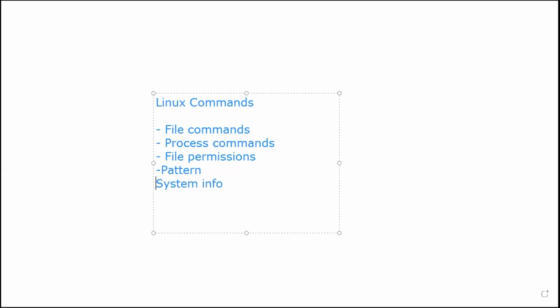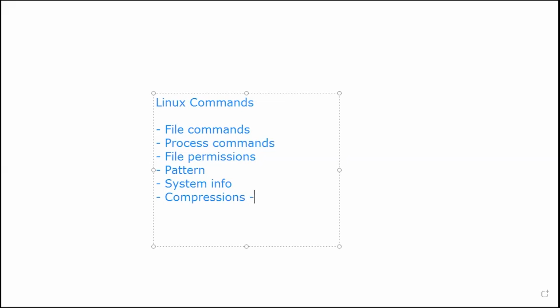Basically, system info commands are commands using which we monitor the system processes. Suppose I want to know the date of the operating system I'm working on, there should be some system commands that I should know. If I want to know which user I have logged in as, I need to know a few things. Similarly, if you want to check disk usage, how much disk has been used, what the disk fragmentation is, we need to know all of this using the system info commands. And the final commands are the compression commands.